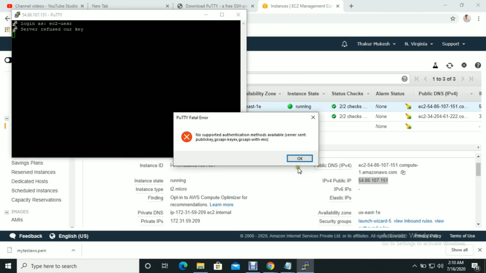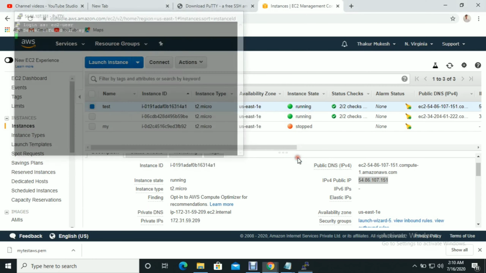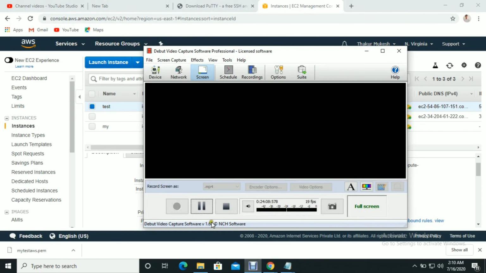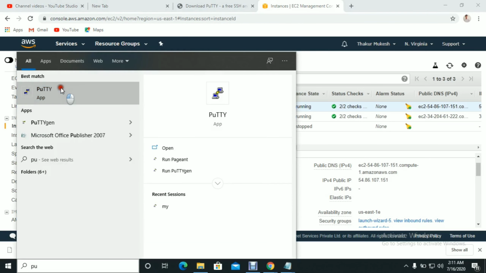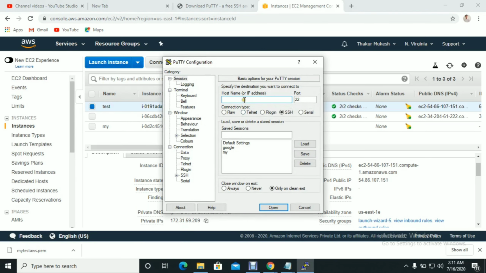Okay, so let me check. I think something is wrong with the ec2-user. Give me 1 minute. Yeah, I gave a wrong username. That's why I told you, right? So let me go to the server again, like PuTTY, and give the IP here. Now select the Auth.